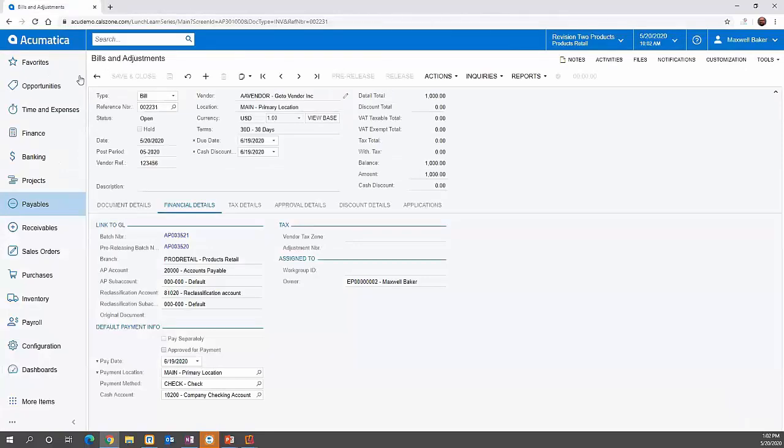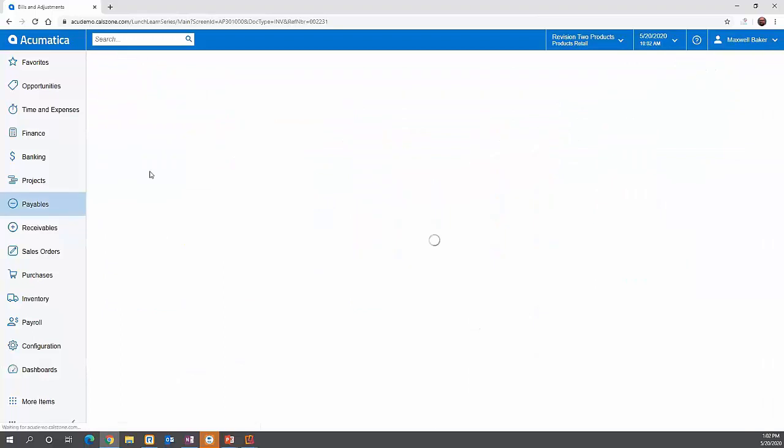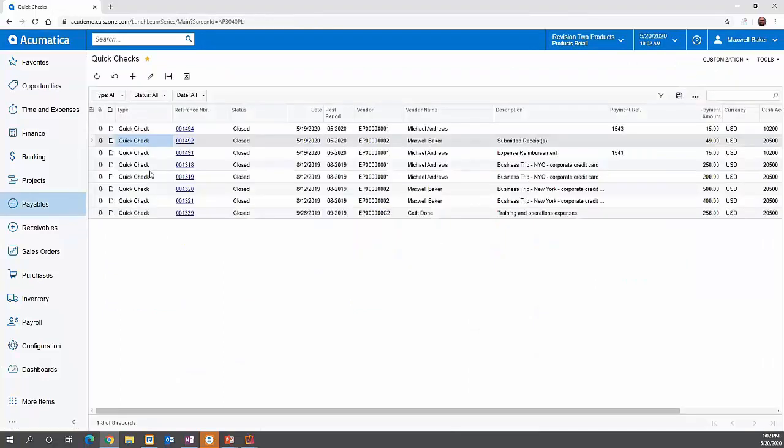Quick checks. So if you need to do a check on the fly, you don't have the bill in the system yet, you can use quick checks to quickly create that check. This basically allows you to enter the expense and pay it all in one. So if we hit the plus button,